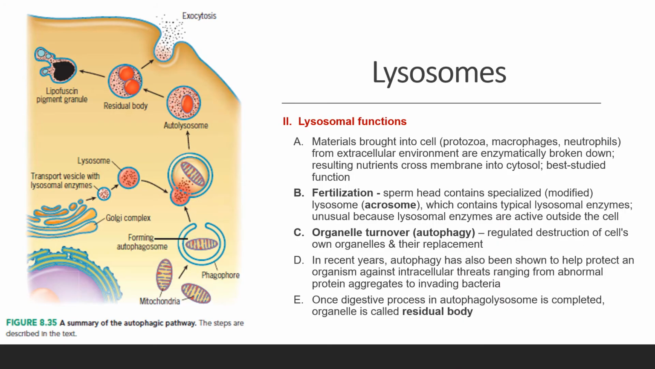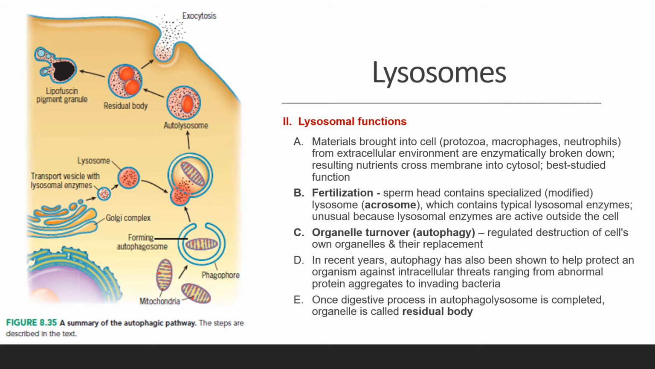So here shows you the lysosomes, and of course a summary of the autophagic pathway. This is how your different vesicles process to be able to finish an exocytosis process. Okay, so for the lysosomal functions, materials brought into the cell from extracellular environment are enzymatically broken down first, and